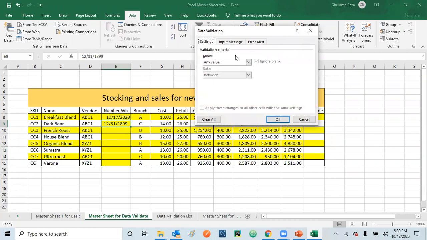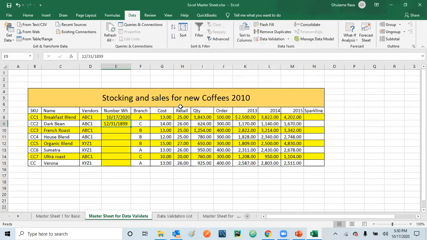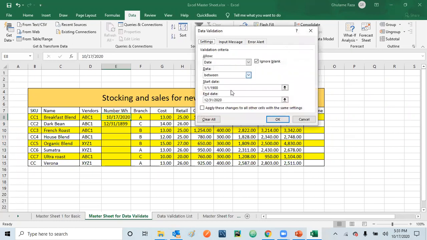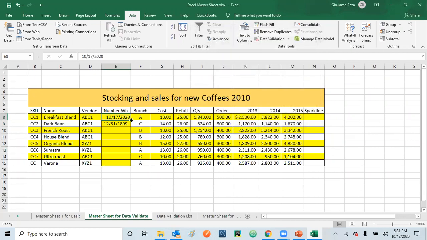Oh, see, it has accepted all the values. It means the formula is not applied. If I select the first one, data validation, it's applied here. Okay. So let me copy the formula.